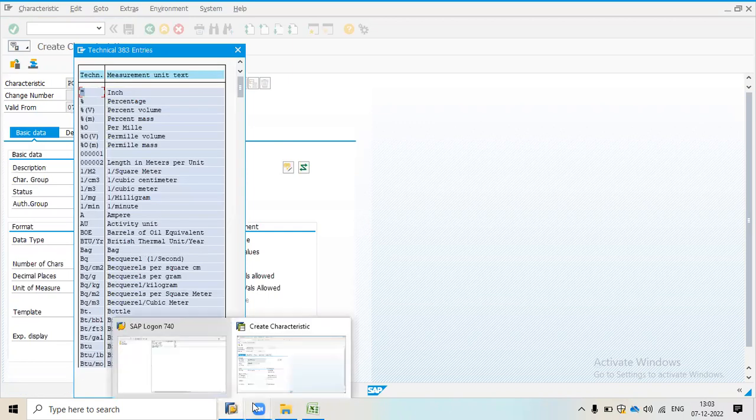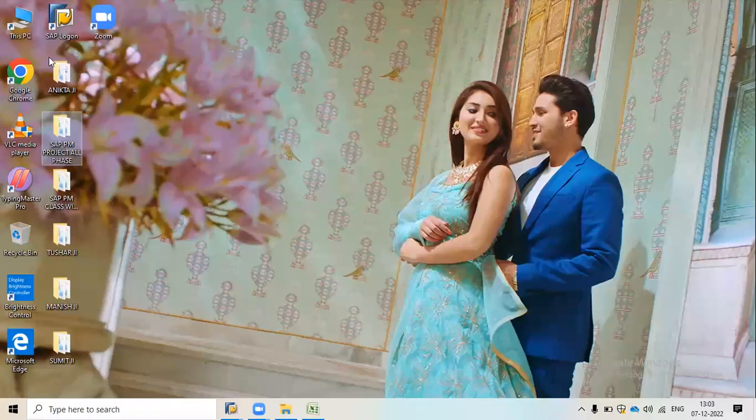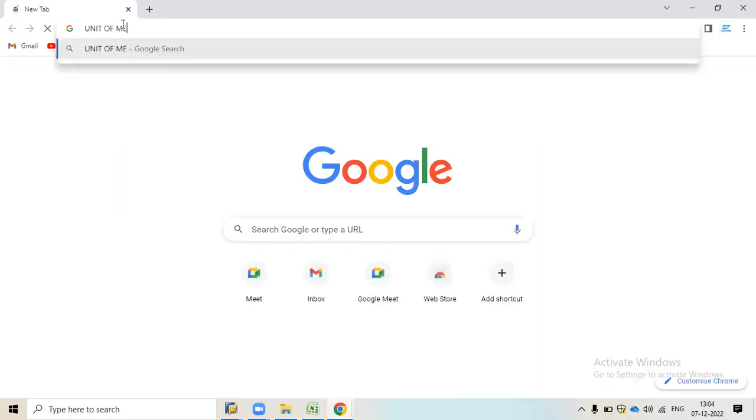If we have no idea, what will we do? We will search for the unit of measurement in Google. What is the unit of measurement for power factor?